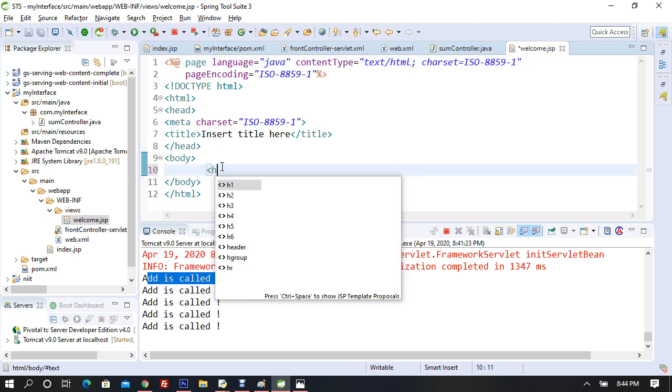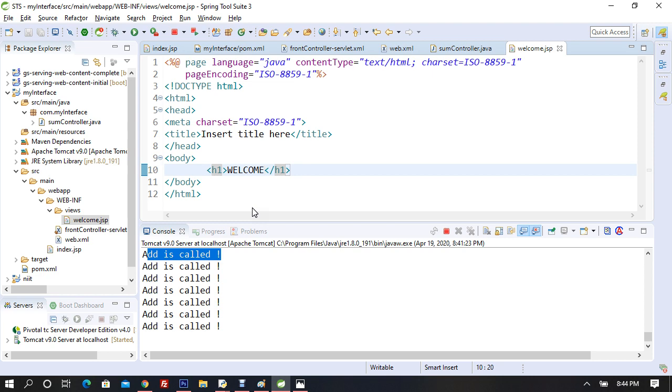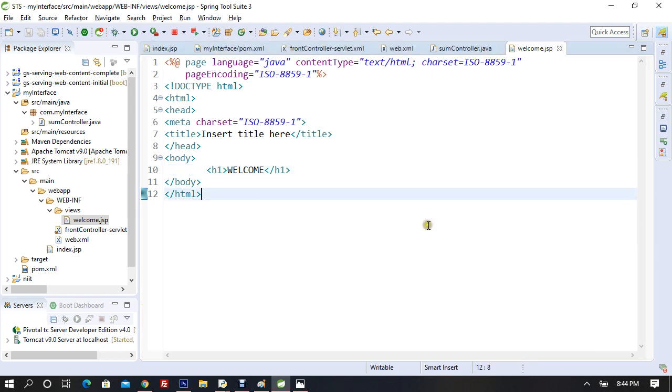So I'll say h1 welcome. So now I'll show you in the next video how to add those two numbers. But yeah, you're getting here welcome. Now you can see, and it is going through, and the operation, you don't know how bigger the operation was,